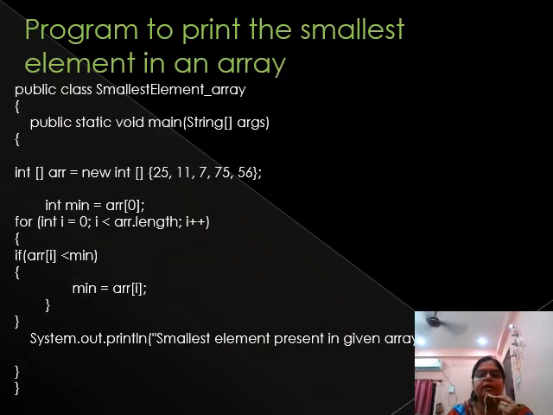Now here is the second simple program, the smallest number in an array. See how we are going to find the smallest number. We have taken the array by initialization. It is just the reverse of the maximum. Min is array[0]; if array[i] is less than min, then min becomes array[i]. Then we will print it, the loop will work, and we will get our output.